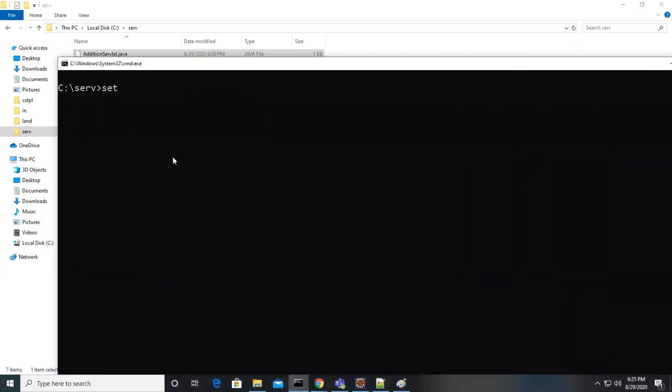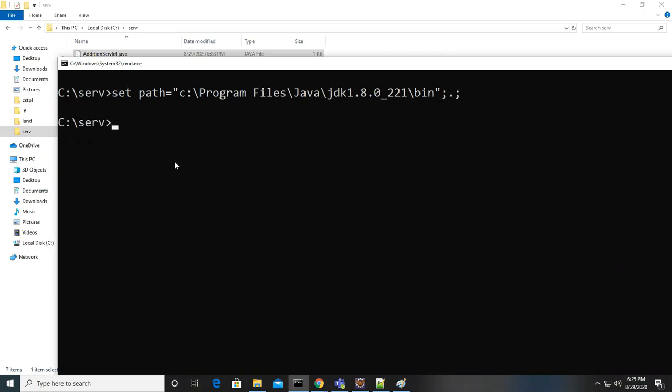Let's try to give again. Set path equal to C:\Program Files\Java\JDK\bin. This is the path we have to give for the compiler to work.